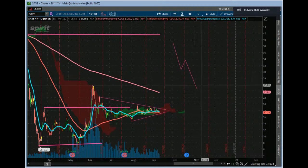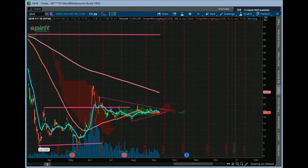Right, and then it starts to rally its way back up. So we just want to see. A lot of times we just like to wait until corrective waves finish, right? So